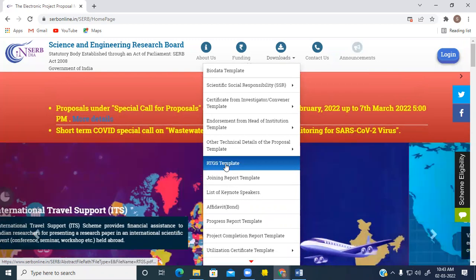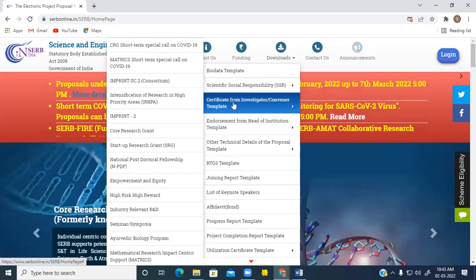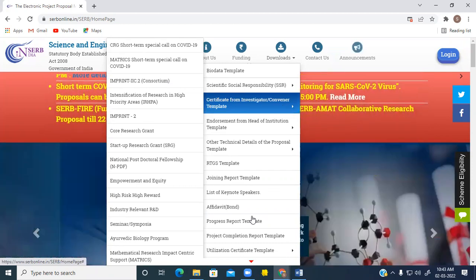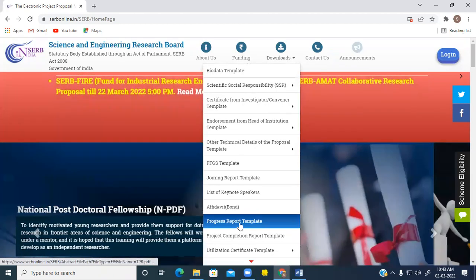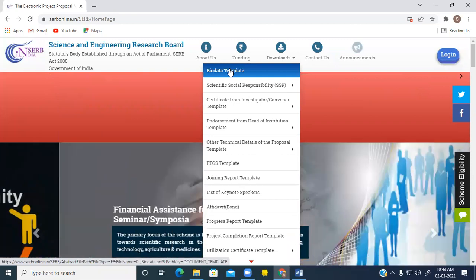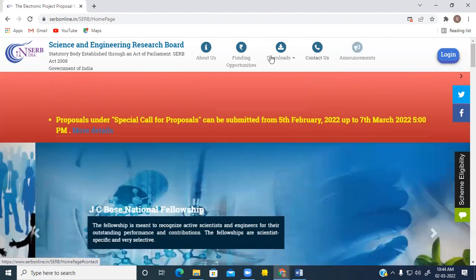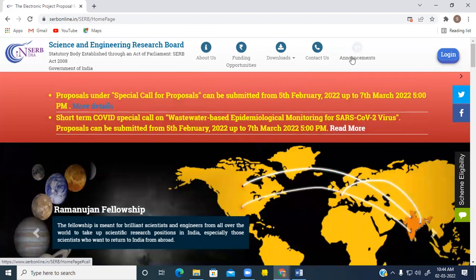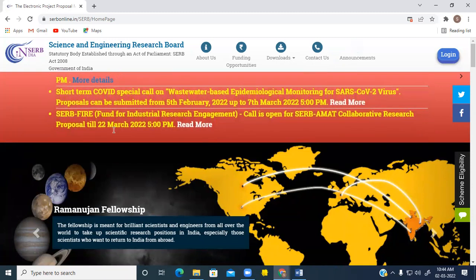Template for RTGS for money transfer. Template for certification from the project investigator or convener or co-investigators. So in that way, there are so many of these templates, and templates for progress report if you get a project, template for biodata. So many of these things are there, and it will help you to formulate a proposal. Now, the most important thing is that some of the calls for proposals